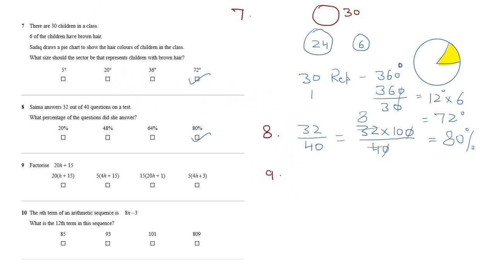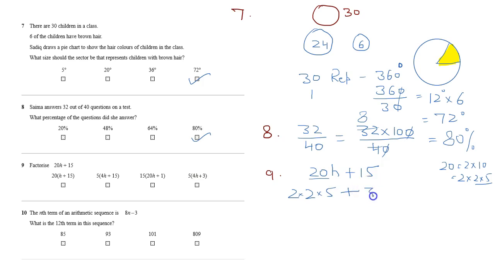Question number 9. Factorize. When they say factorize, it means you add brackets. Most of the cases you add brackets in the answer. So this is 20h plus 15. Now write the factors of 20. We know that 2 times 10 is 20. Further you break down, 10 can be written as 2 multiply 5. So 20 can be written as 2 multiply 2 multiply 5